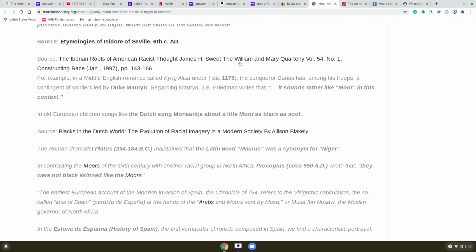They gave this as a source. I'm going to read this because this sounds really interesting. The Iberian roots of American racist thought. That's suggesting that in Iberia they had this clash of the races, right? And not the way that they tell it, possibly, about the white Spaniards and the white Europeans being invaded by the black Moors. You know what I mean? If we're starting to find out that the Europeans were not white, but were black,